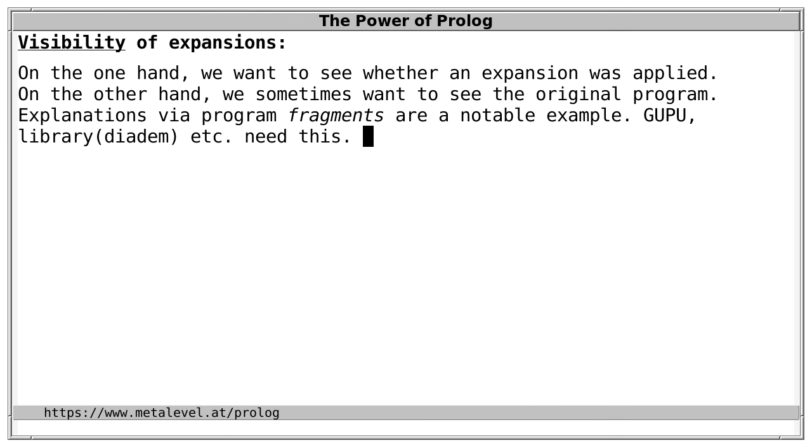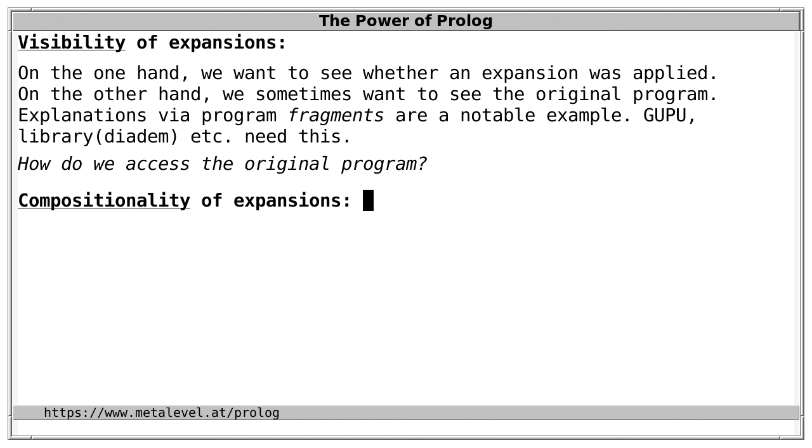And this is necessary for Gupo, library diadem, and so on. And the design question is, how do we access the original program? And one of the most important and also most interesting design questions can maybe be phrased as compositionality or maybe